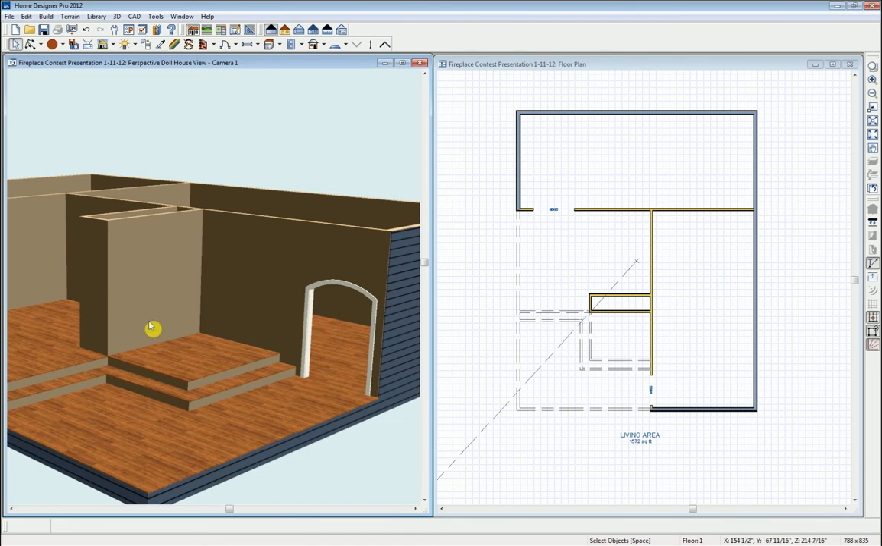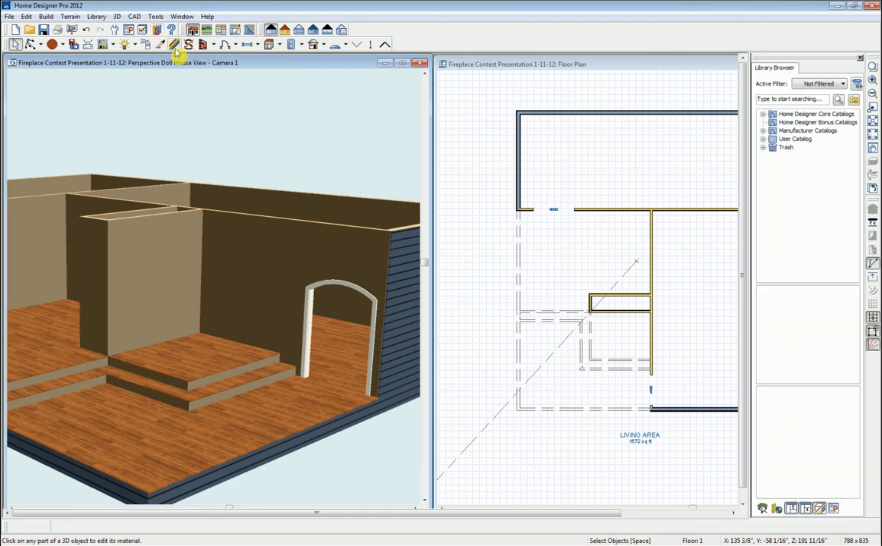Okay. All right. I'm going to open up our library. Need to start adding some architectural objects out of that. So up on our top row of toolbars, we have this icon that looks like a stack of books. I'll click on it. That's going to open up our library browser over on the right-hand side. And our library is organized with the core content. There's bonus catalogs, manufacturer catalogs, and then we have a user catalog as well,